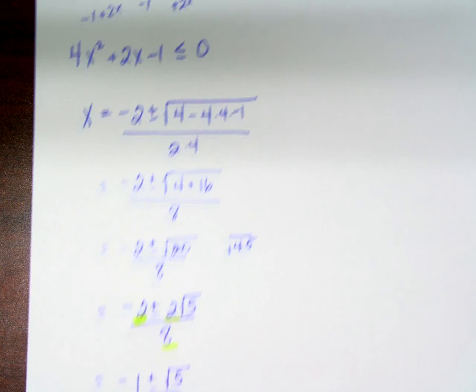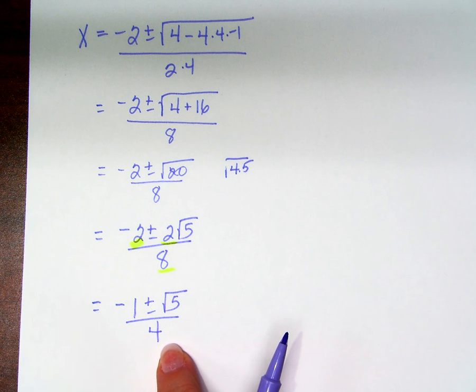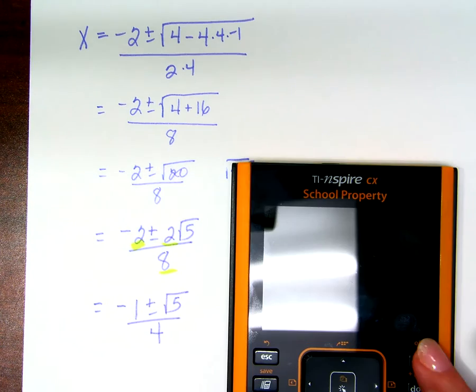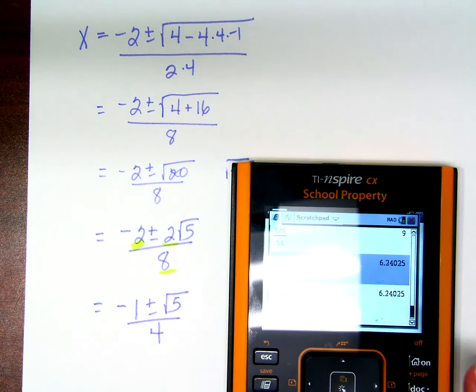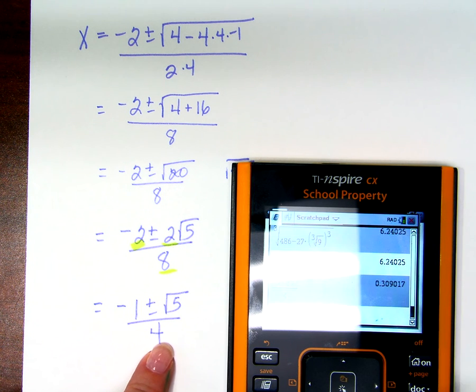Okay? Oh, you can't even see that. All right? Now, because of the fact that we are trying to find a domain, this number doesn't really make sense as a domain number, like an x value. It makes sense if I say solve this quadratic, that is the right answer, but it's not really a tangible number for us, so we really need to figure out what number that is. Okay? So I'm going to go to a calculator page and I'm going to say, give myself a fraction, -1 plus the square root of 5 over 4,